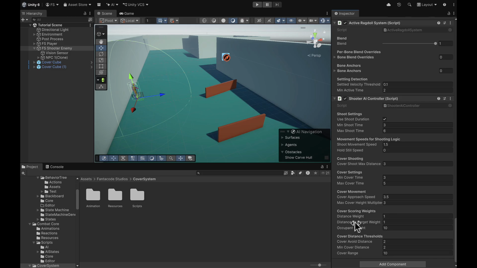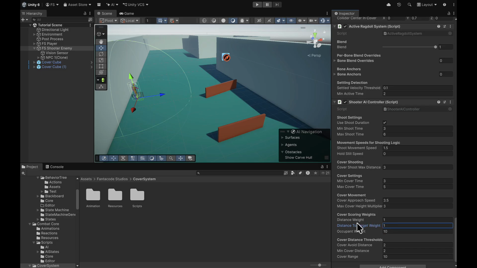So by changing these weights, you can define the importance of each factor. So for example, let's say if you want the enemy to always choose a cover that is close to the player, then you can increase this. Or instead, if you want the enemy to always take a cover that is closest to the enemy, then you can increase this. Okay, so just try playing with these values and try to find a good balance. All right,